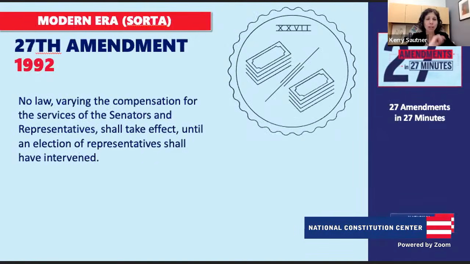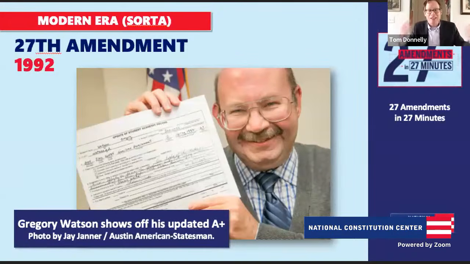Awesome. And now to the slowest amendment process, the longest, the 27th Amendment. Who did this idea originally spark from? James Madison. James Madison wrote this one. This amendment would have been the original Second Amendment. It was proposed with the rest of the Bill of Rights, but it wasn't ratified at the time. It would only be ratified a little over 200 years later. It went from James Madison's pen to the last push getting it ratified, which came from a student who was mad about getting a lousy grade on a college paper at the University of Texas.